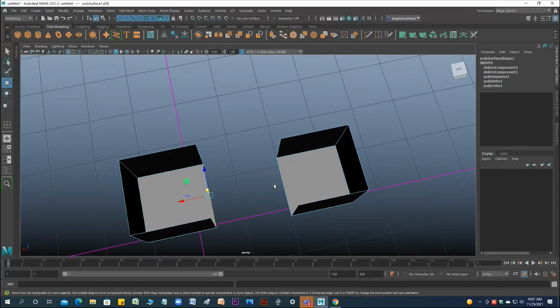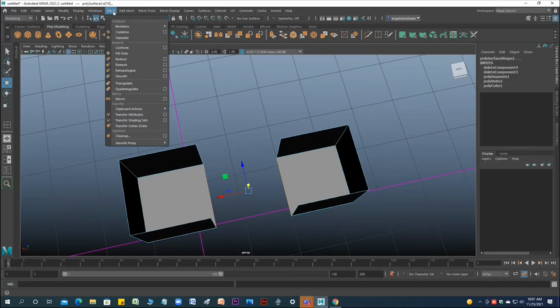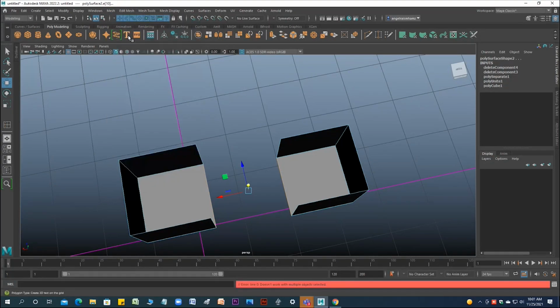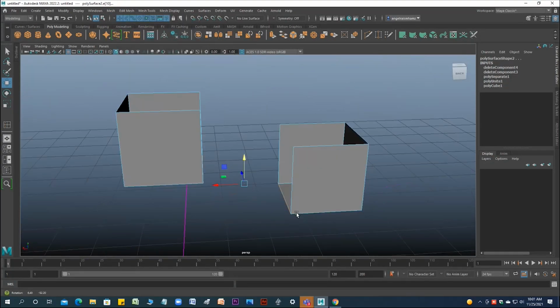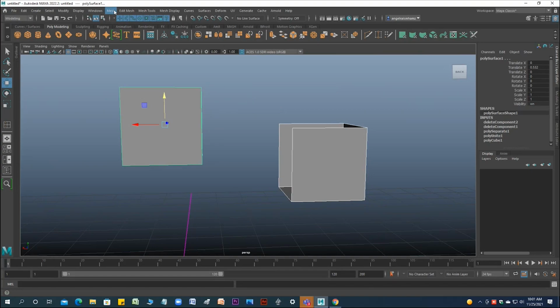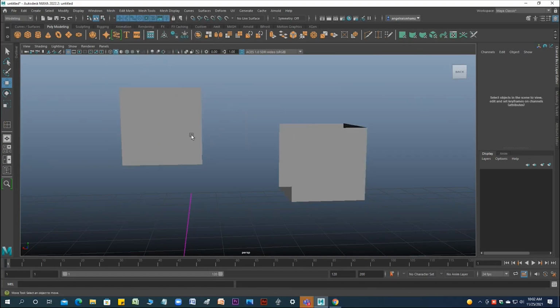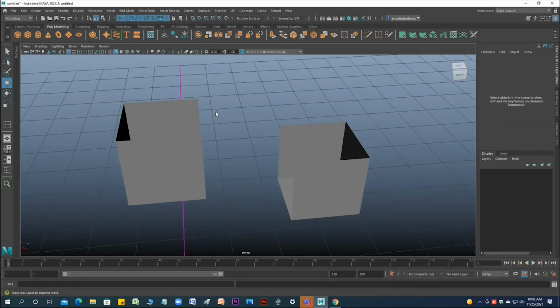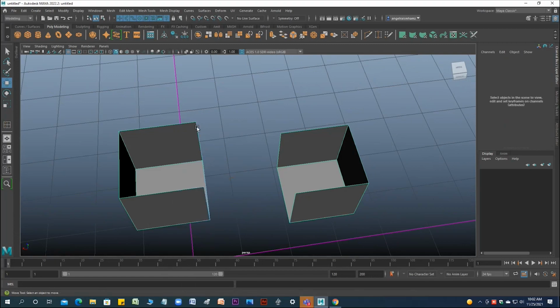I'm selecting this one edge, shift selecting this edge, and there's a Bridge tool. If I click, it says there's an issue, right? Going back to object mode, selecting both, combining. So now it is a single object. Then edge, select this one, select this one.